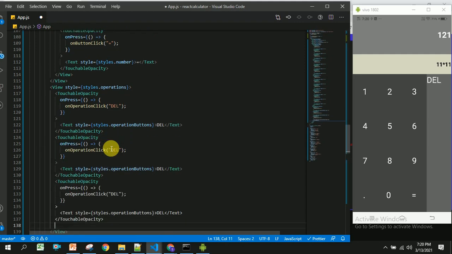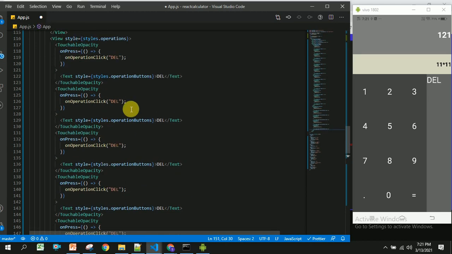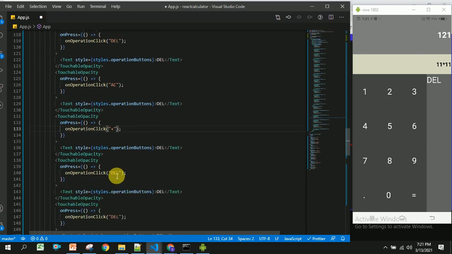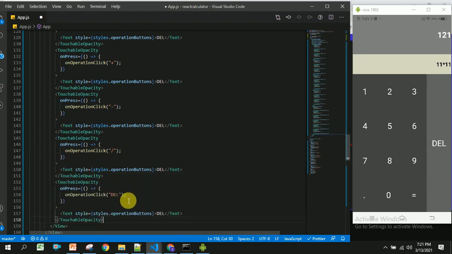For this, instead of this, I am going to write it as static. So we need another one where we will show multiplication operator. So let us save this.